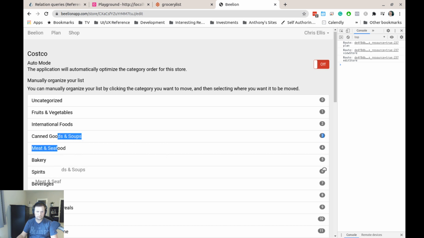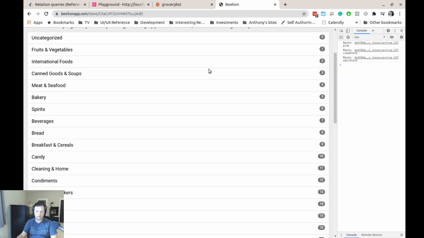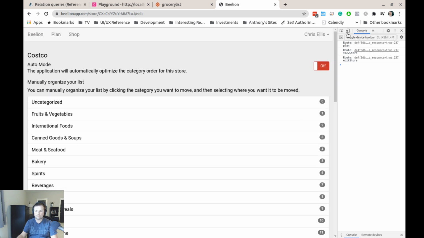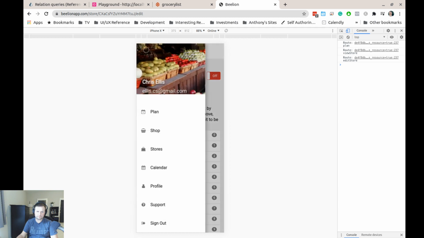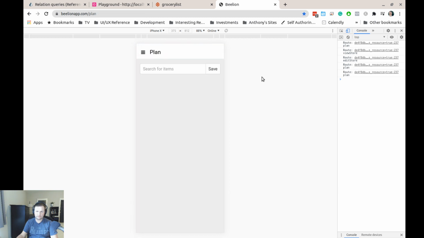You should be able to drag them. Huh. Maybe it doesn't work anymore. I haven't updated this app in half a decade, 5 years, something like that. So it's just been running on Heroku that whole time. And I just thought I would recreate it. I know a bit more about programming now, so